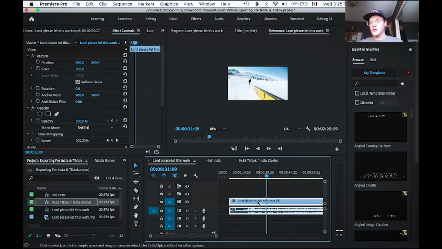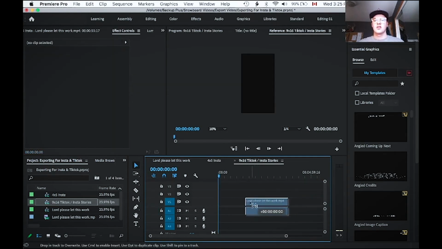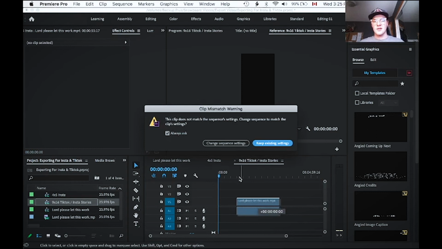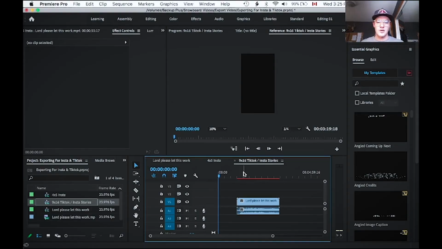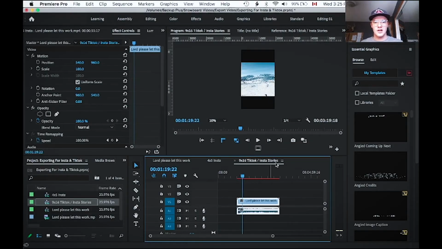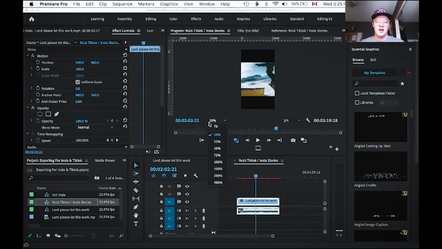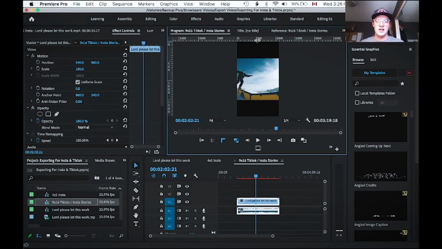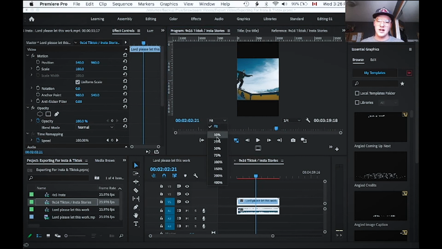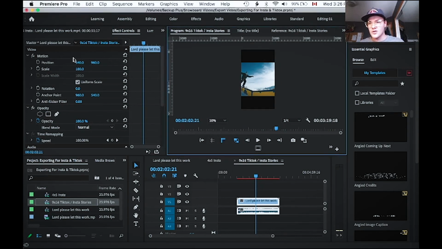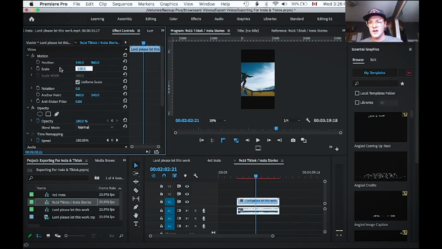Go back to your original sequence or timeline, drag it into the new one we just made, the 9:16. Again, we want to keep our settings because we're trying to export for TikTok and Instagram stories. So we do that, scroll over here, and you see again, it's super tiny in this frame, so we have to scale it up. So we're just gonna come over here, scale,